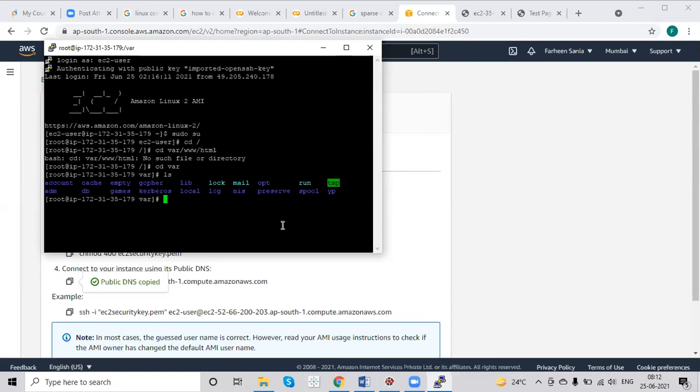And did you install this service, HTTPD service? LS once? LS? See, there is no deb folder. That means HTTPD service is not installed. If HTTPD service is installed successfully, you should get that deb folder.